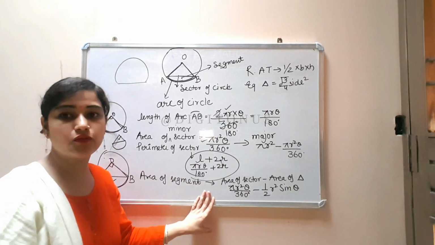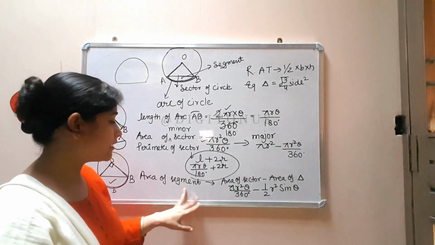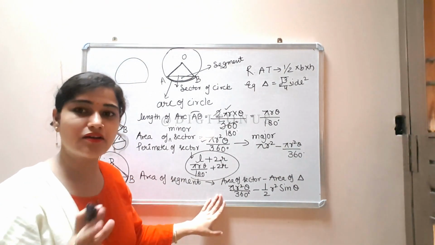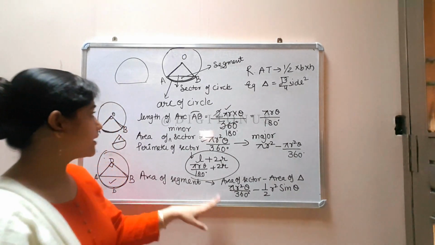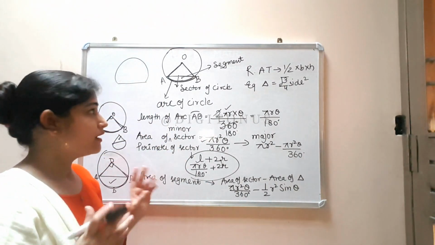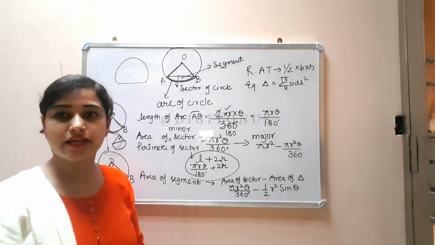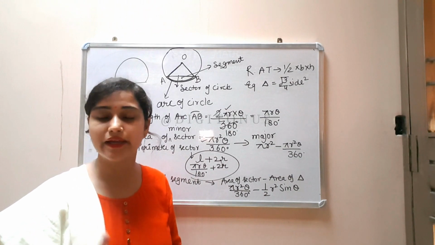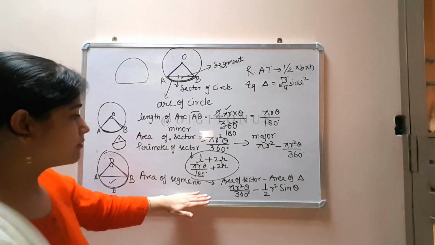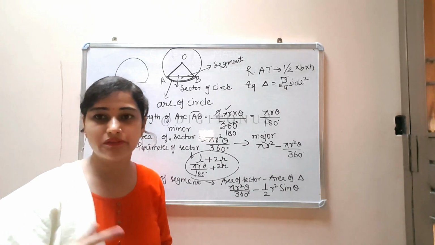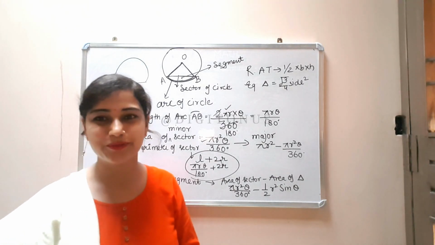And again, if you have to find out the area of major segment, then whole circle area minus area of minor segment. Okay, so these are the new formulas for you, and note down all the formulas which I have told you earlier, means the basic formulas, all perimeter and area, because the whole chapter is based on these formulas. And the exercise we will start in my next video, so stay tuned. Thank you.